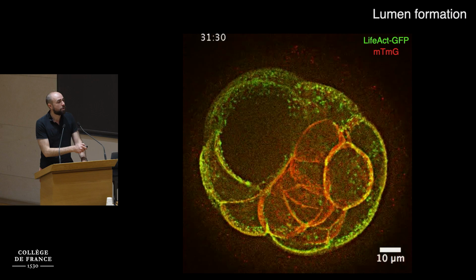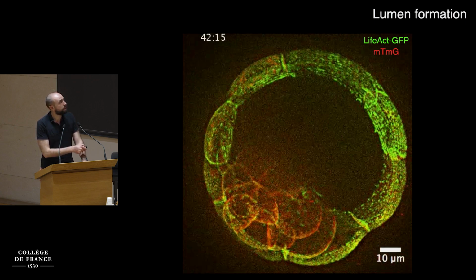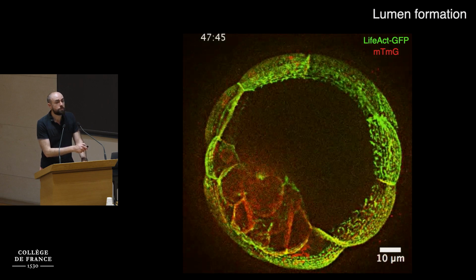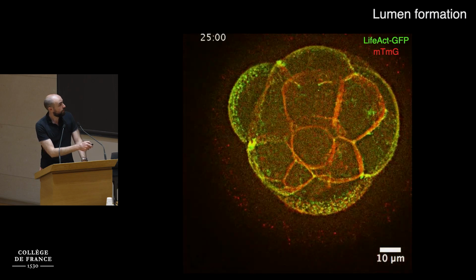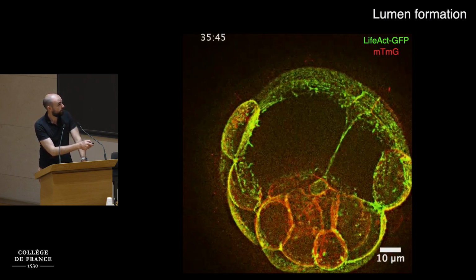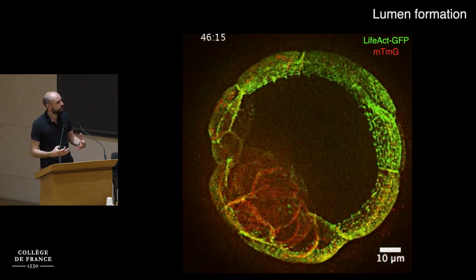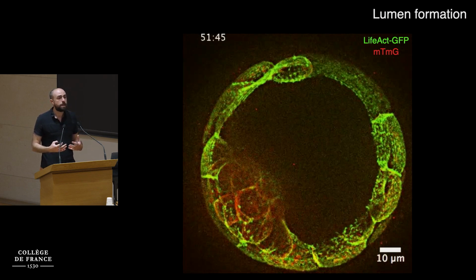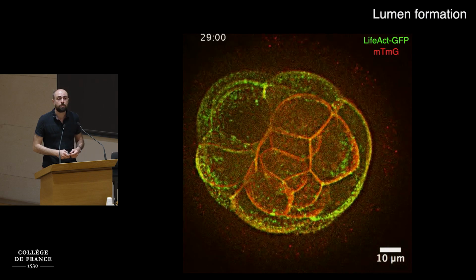You really want specific contacts between trophectoderm and inner cell mass cells to break. You also need those cells here at the surface to stretch. And this is also another mechanical challenge which is important. And as you can see, sometimes some of those mechanical challenges can be very challenging, with this cell here, which really doesn't want to let go. And so this is really the interest of the lab, trying to understand the mechanical processes which regulate the shaping